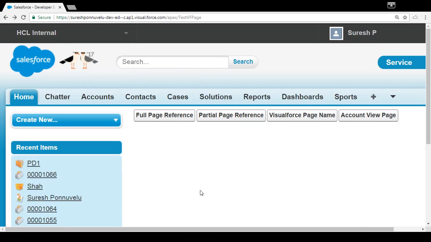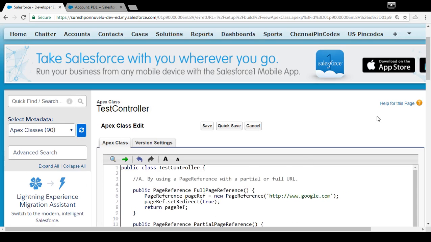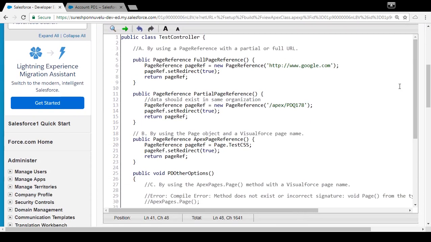Okay, you have seen all these options. I'll show you the code for each. Here the first one is full URL, right? So you have to give the entire URL. And for partial, you can give only part of the URL. So in which situation should you use what?